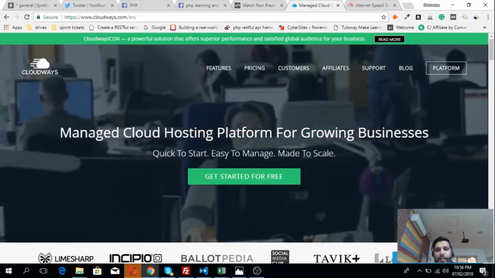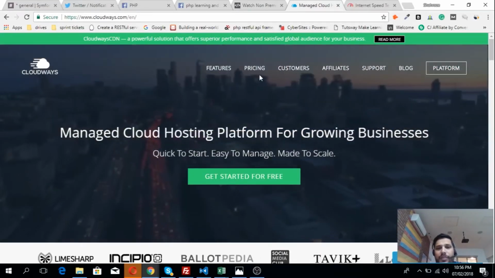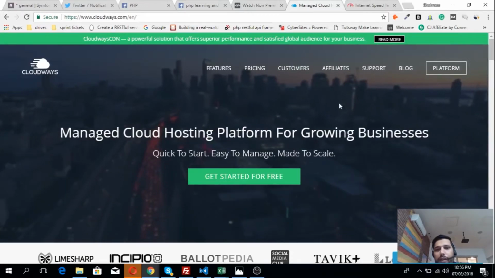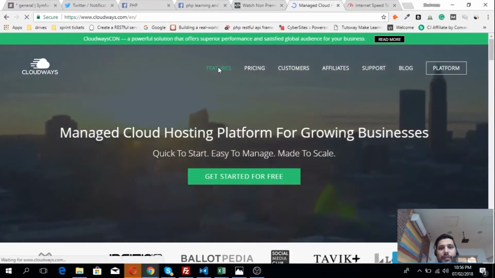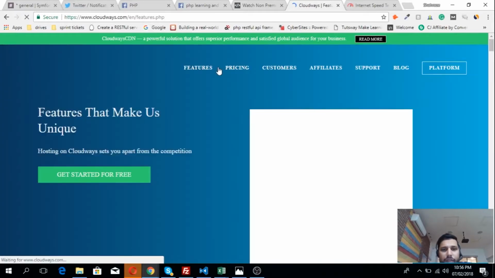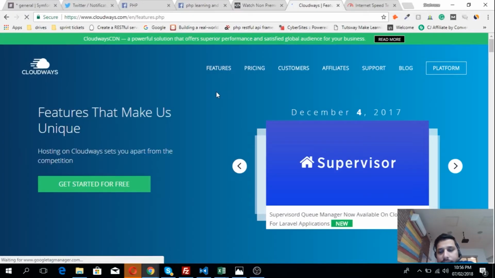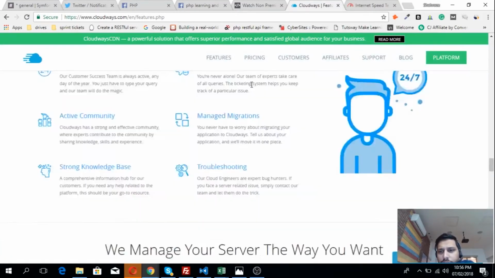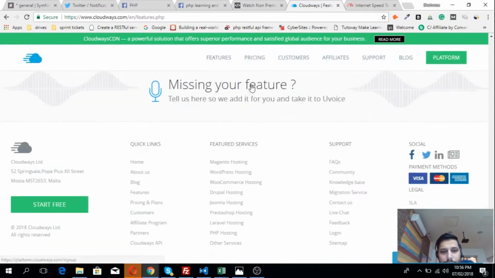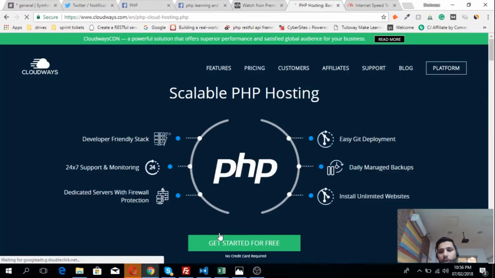So without waiting more, let's log into the platform. Before logging into the platform, let me introduce you to some features of Cloud-Based for PHP developers. Let me move you directly to the PHP landing page. Yes, here it is, the PHP hosting page of Cloud-Based. Here you can see all the top-notch things which Cloud-Based is providing for all PHP developers,